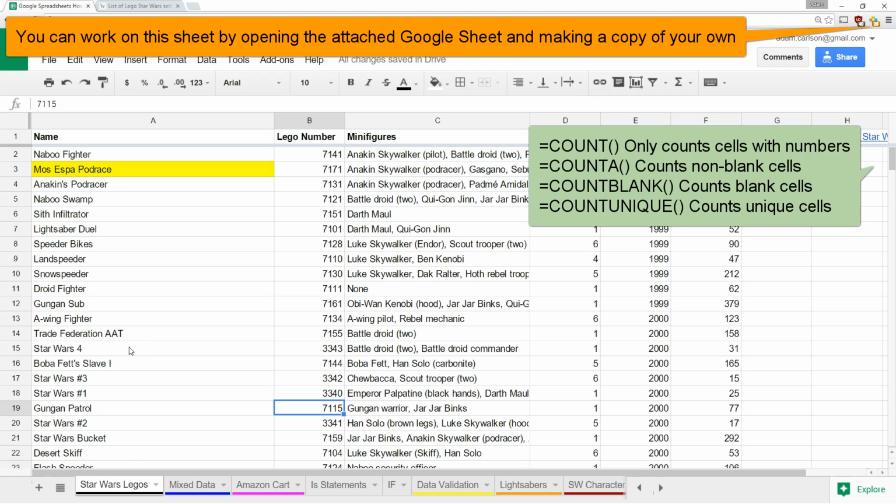In this video on Google Sheets, I'm going to show you how to count cells. We're going to try using the count function, count A, count blank, and count unique. All of these are different ways to get some automatic calculations along with your Google Sheets that will update with